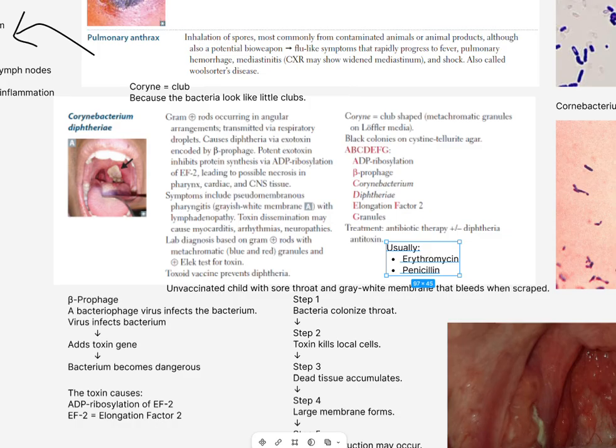And prevention is by the DTaP vaccine. The diphtheria toxoid is a toxin which is inactivated and cannot cause disease, but it still stimulates immunity, and that's why we give the